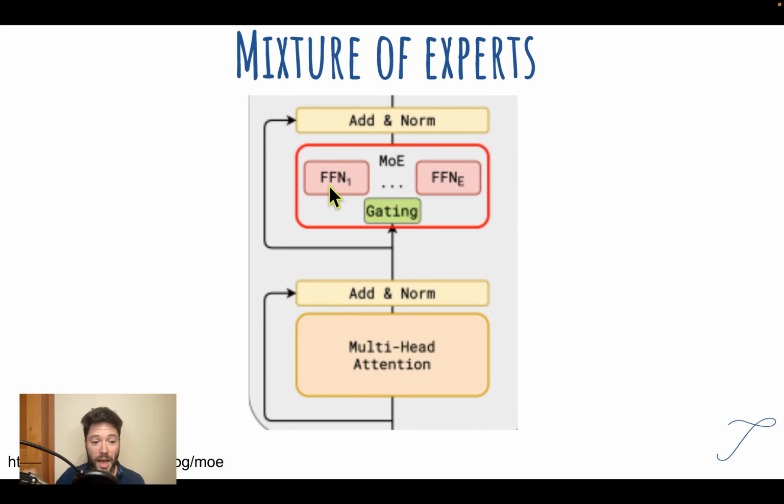And so rather than just having one, you can think of it as one big matrix for the feed forward, we split that into maybe 8 matrices. And rather than every time running through that full big matrix, we have a gating mechanism. And the gating mechanism decides which one or maybe 2 of the smaller matrices we're going to use every time